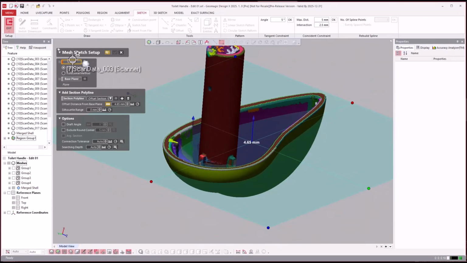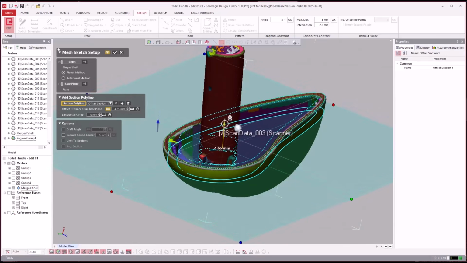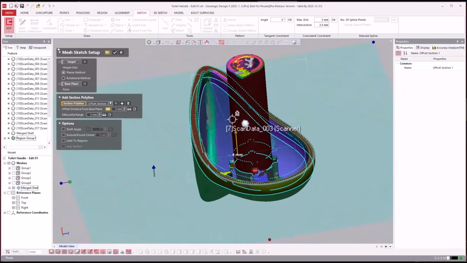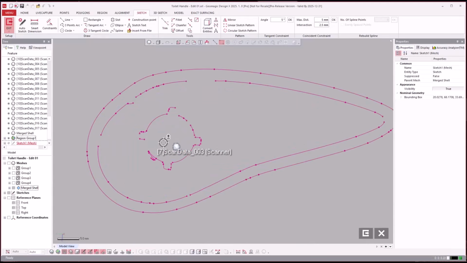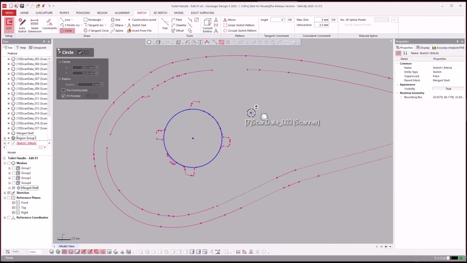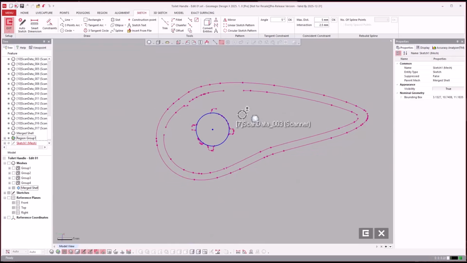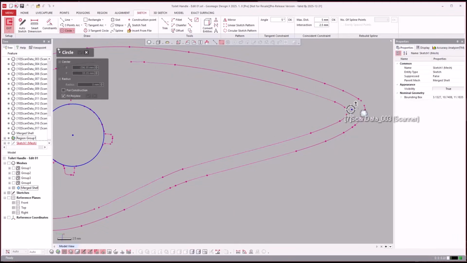So we'll go ahead and click the target is this mesh right here. And we will drop down and we'll create a sketch there. Turn off regions, turn off mesh. So what I could do is come in and say, let's create that circle. If I wanted to index it based on this, I could. I'm just going to show it real quick, even though this isn't the way I'm going to end up doing it, but I could best fit a circle to there,